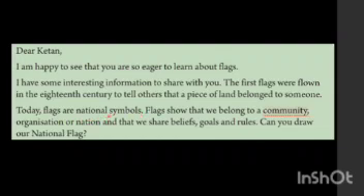Symbol means signs. Flags show that we belong to a community. Community is a society, organization. It is an institution or a company or nation. And that we share faith, goals and roots. Goals means an aim.